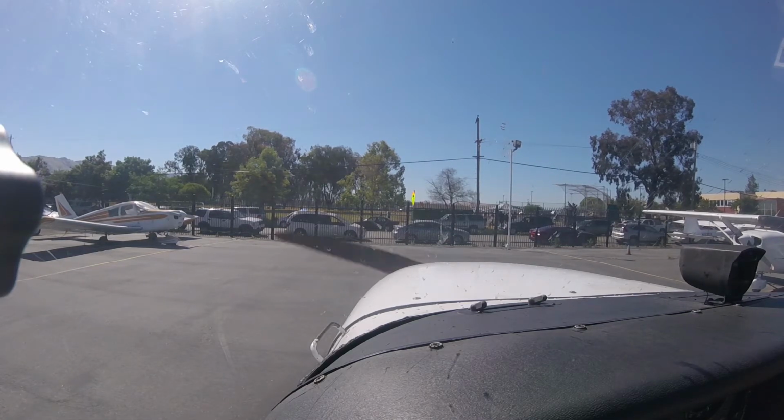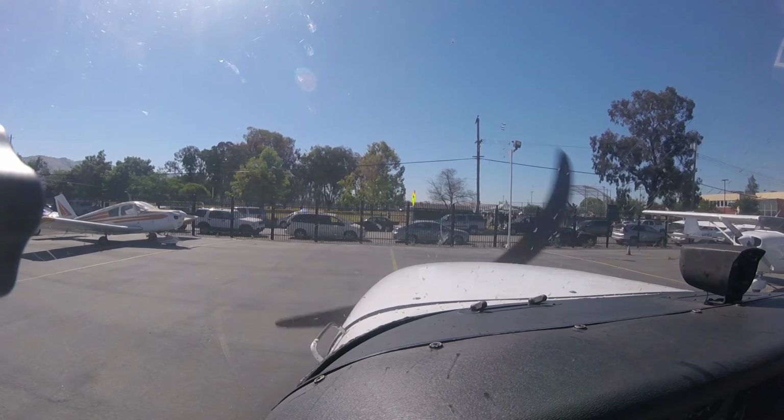And ground, 78 Yankee, parking. Reid-Hillview ground, say parking ramp, hold short, Zulu. Holding short of Zulu, we just